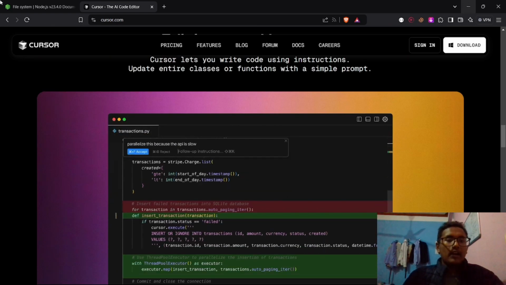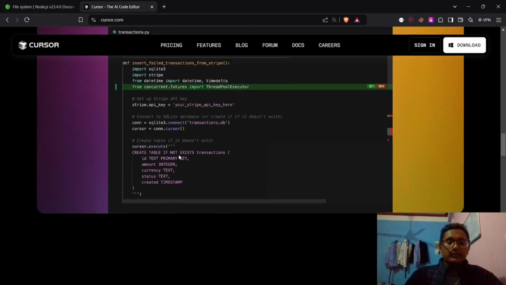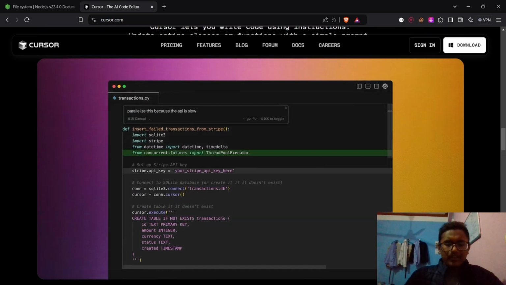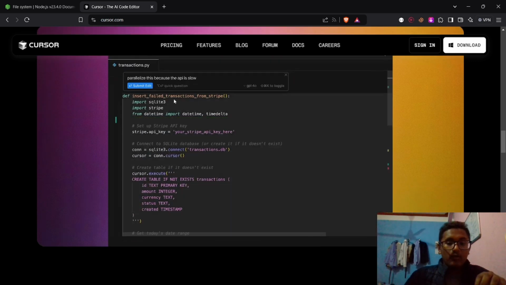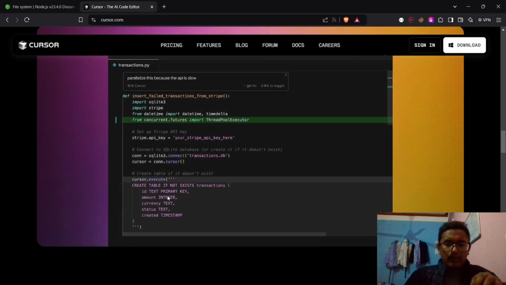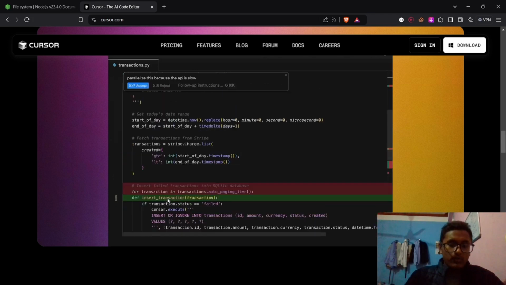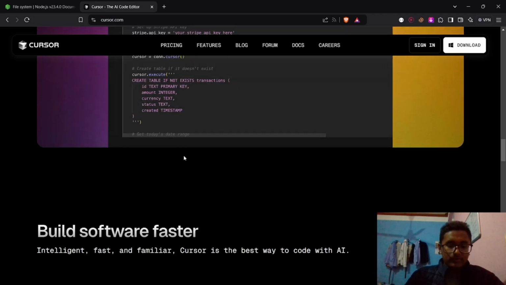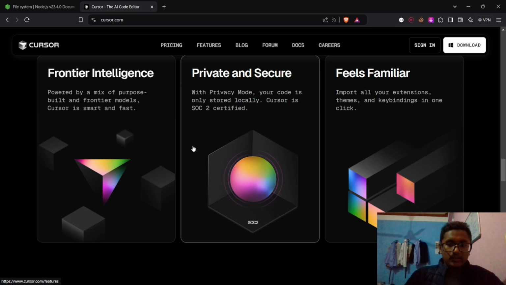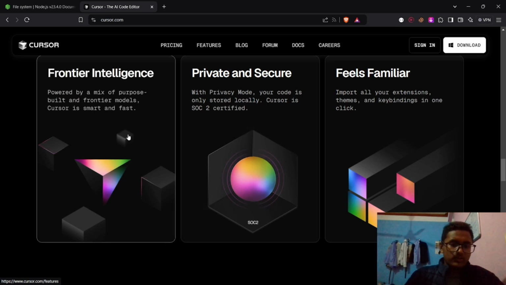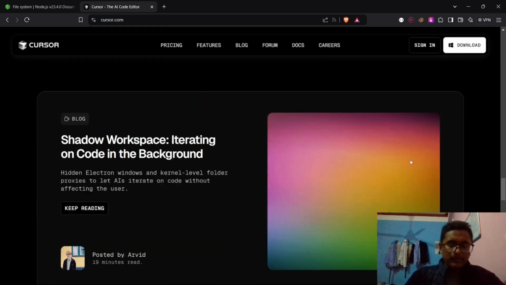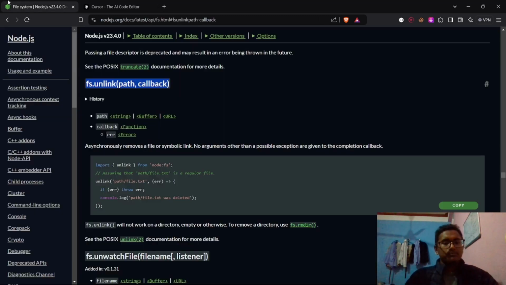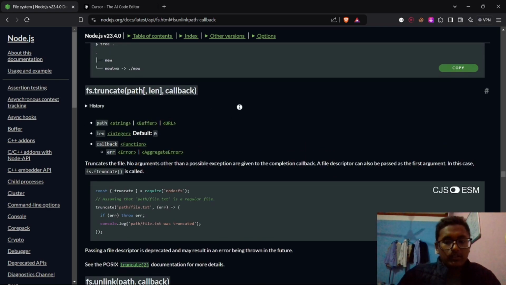So now let's see how we can use AI to generate a file. So you can see here how very powerful it is to generate code, and it debugs also. So it is frontier intelligence and secure. It feels familiar. I mean, it is like VS Code. Keep all environment. So let's go